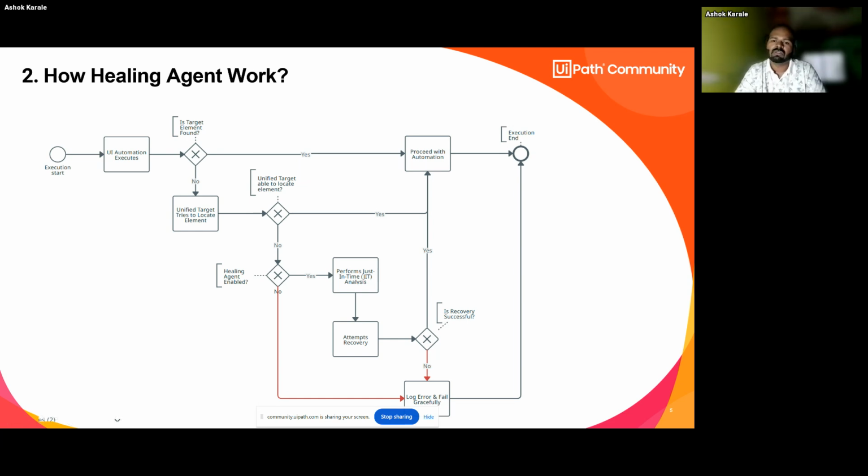Mostly we put them into try catch, so there is less chance of failure of the job. But if we didn't cover that, our job also could fail. So it will log the error and fail the job, and it will end the execution. So that's how healing agent works and comes into picture whenever the robot fails to identify any UI